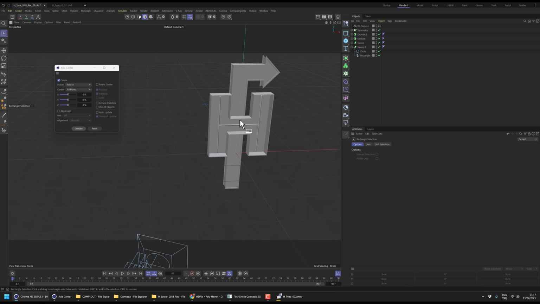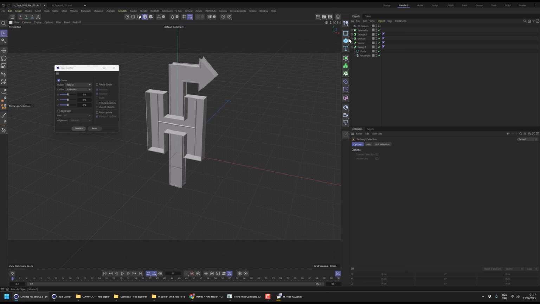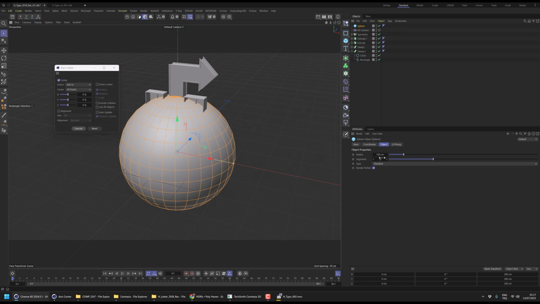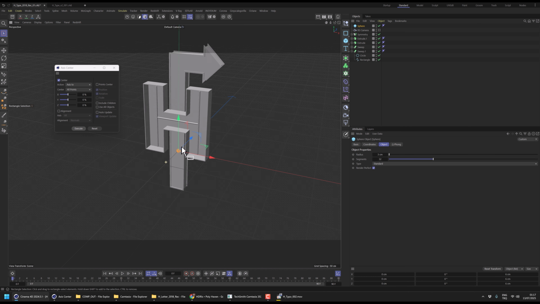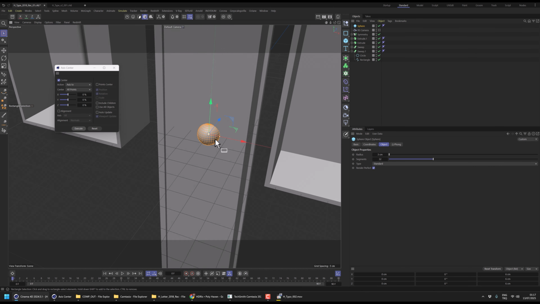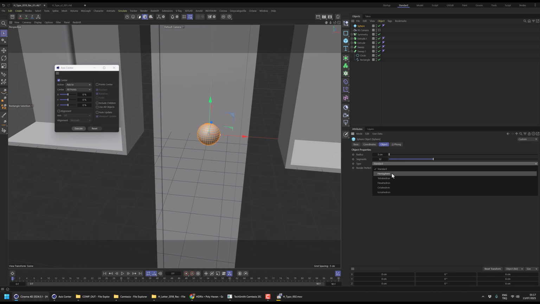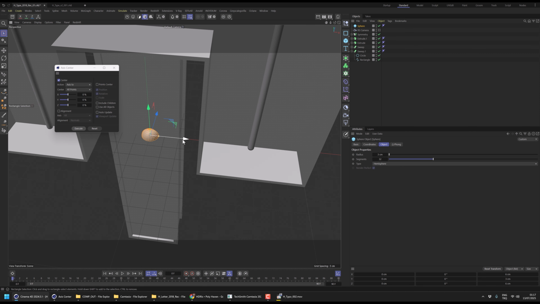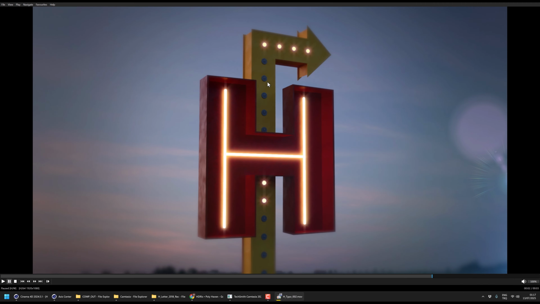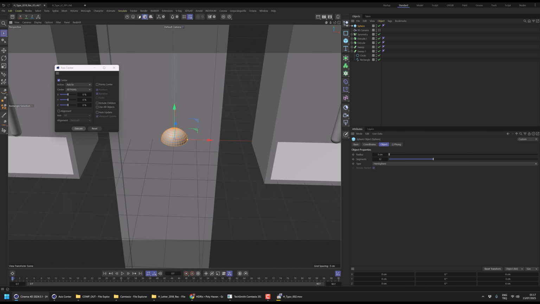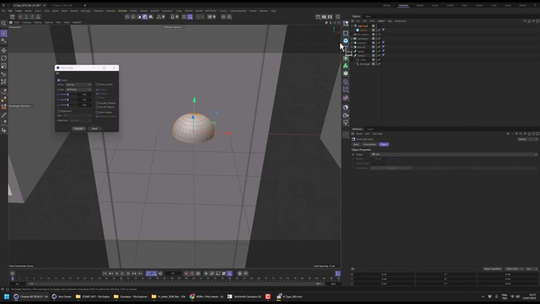I'm going to create a simple shape with a sphere. I can reduce the size to 3 maybe. Yeah, and create a hemisphere. And I will parent it to a null. I will call it light null and create a